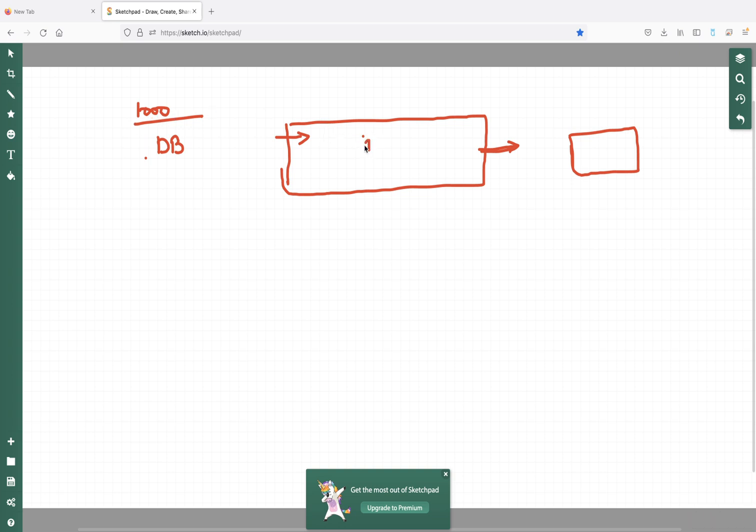Either we process these 1000 records one by one. First one record, then second, then third, then fourth, like this we process all the records one by one and then place them into a file. So this will be one approach. Second approach, what we can do,